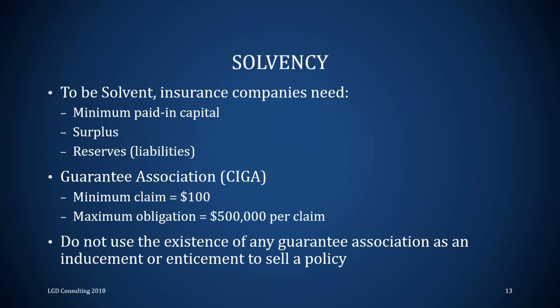Right? And if you go insolvent, well, the commissioner's going to step in. First thing they're going to do, now remember, I'm using commissioner because I'm in California. It could be director or administrator, depending on the state. Right? They're going to come in and do everything they can to get your company back on its feet. So they're typically going to apply to the courts, be named as conservator, and do what they can to save your company, get you back on your feet.